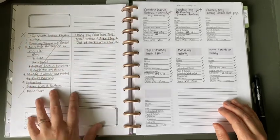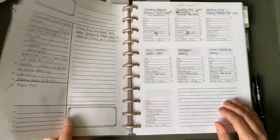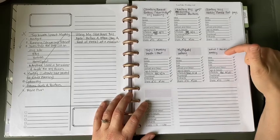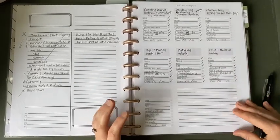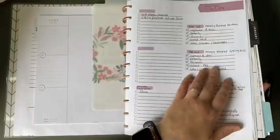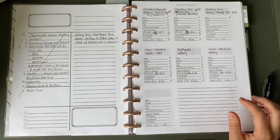And then I ended up writing some notes on the back of it, but the whole double-sided page can be used for a whole month for me. These are fun. When I create or film a video, I have a checklist. The only thing is that I don't check it off again when I've been using my weekly for it. But the intention for these was to keep track of videos and then keep them,